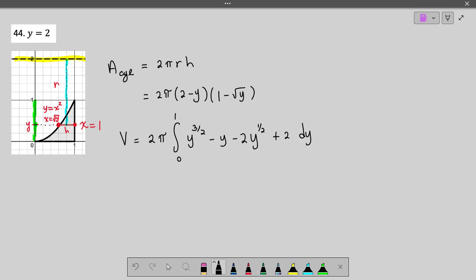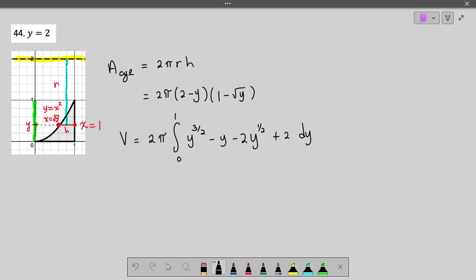Setup complete. Any questions on any of those components of that integral? Actually, this is for the area. Why did we do 2 minus y instead of 1 plus y? So